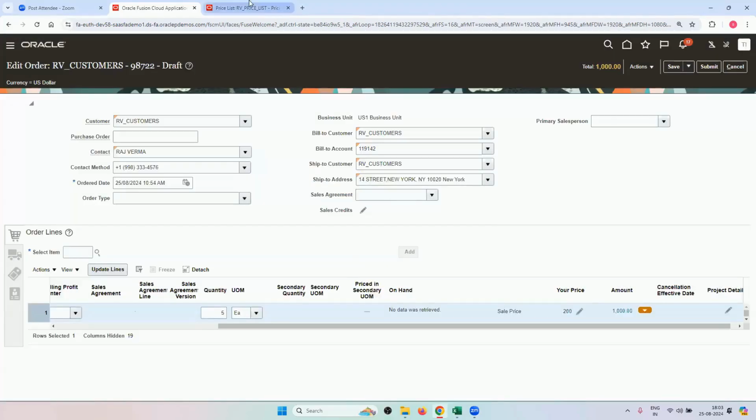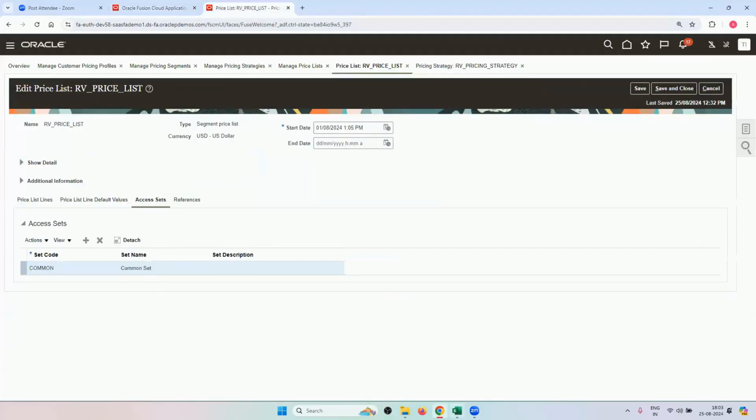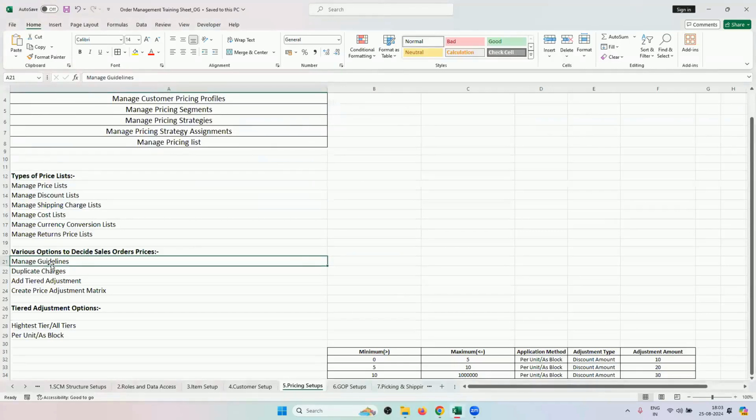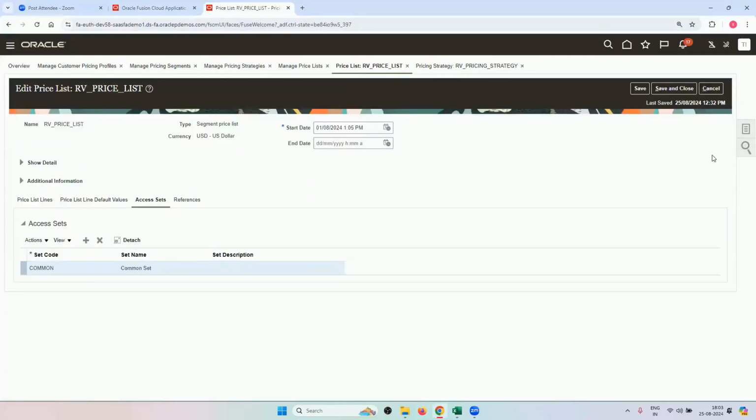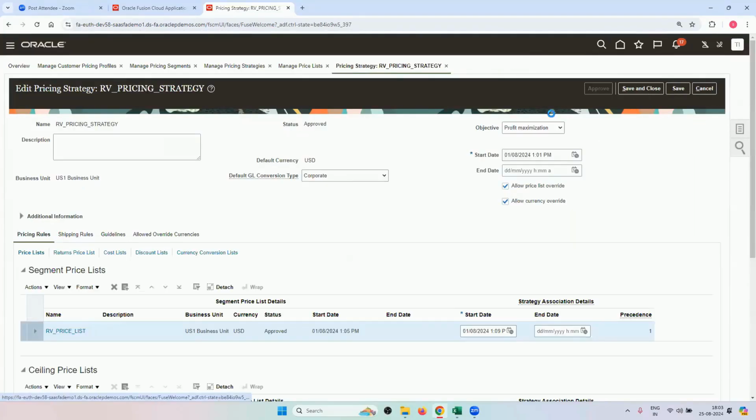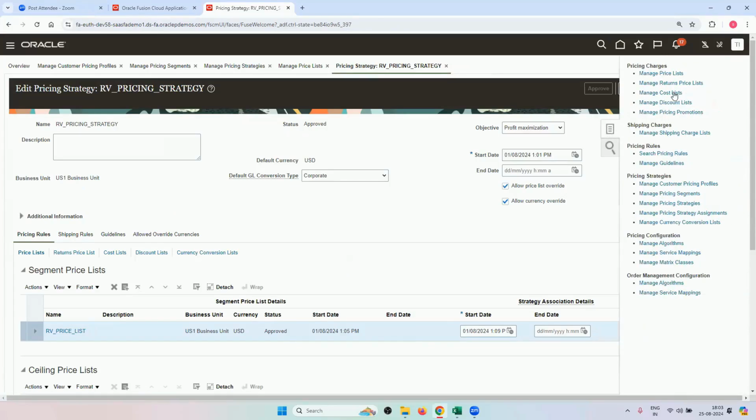So how will you define those rules? Those rules can be defined by manage guidelines. If I take you there, price list, save and close. Yeah, strategy, let it be open. You see this, right? Manage guidelines. Click over there